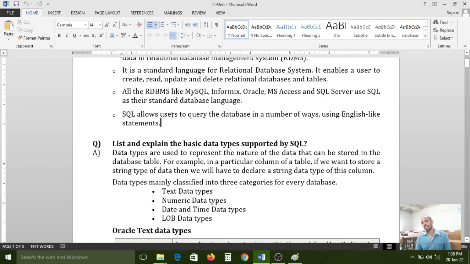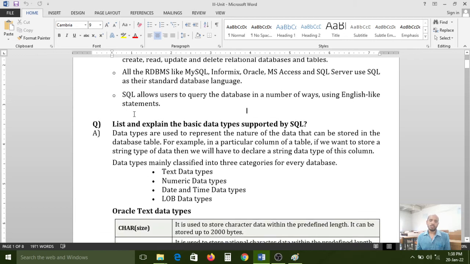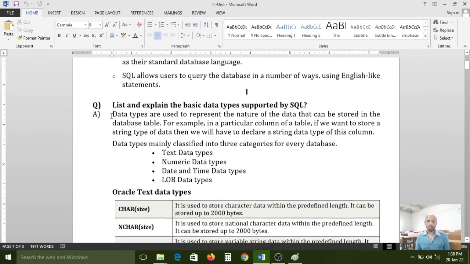That's why structured query language is also easy to learn by the user. While learning, the syntaxes are very easy, because in SQL queries we are simply using English words, not more than that. Okay, so that is the SQL definition.